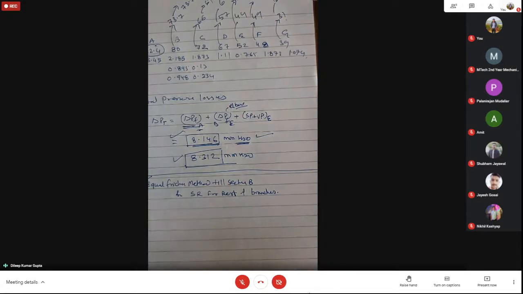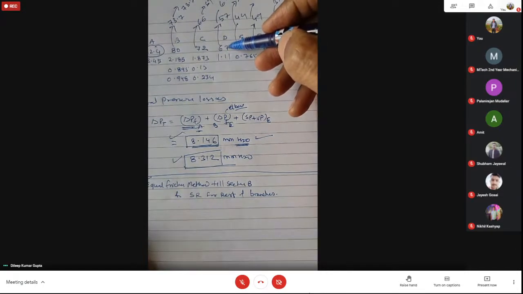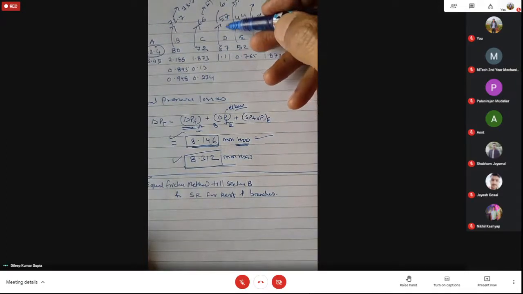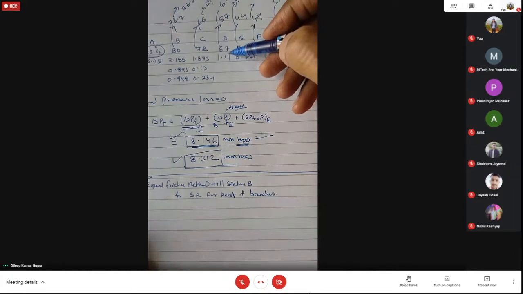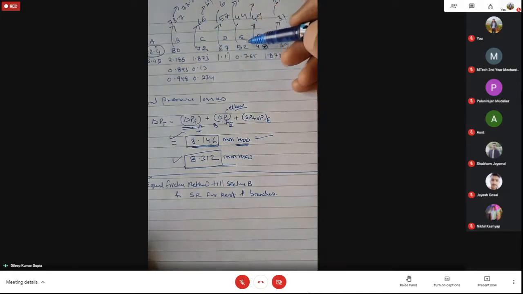Saying only this SR method is better based on the power requirement is not justifiable, right? Now you can see here we have increased the diameter from 57 from the equal friction method to 67 using the SR method. 10 centimeter diameter has been increased. Here you can see 6 centimeter diameter has been increased. Here it is almost 8 centimeter. Here it is almost same. Here it is 7 centimeter. So you are increasing the diameter. So material cost is going to increase over here.